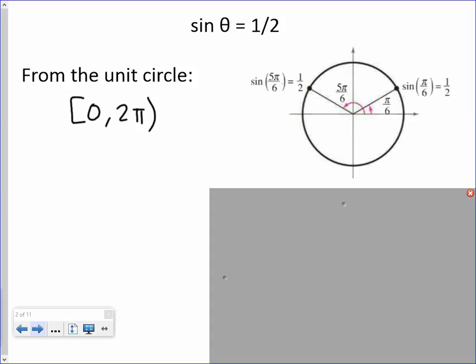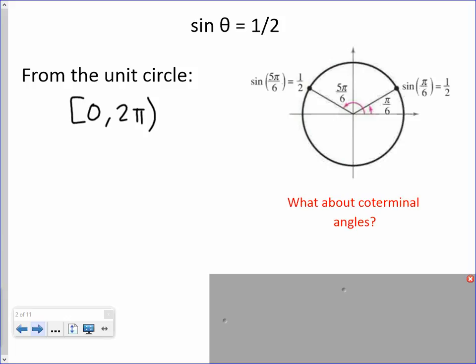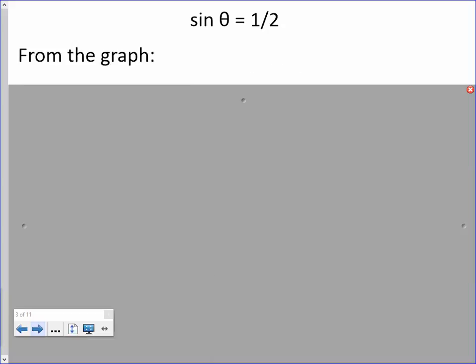It's got to be in the same location, so we're using the same reference triangle, 30 degrees, and we're calculating sine, y over r the same way, and we're still getting 1/2. But Emily brought up a great thing. What about all of the coterminal angles? So when you're looking for solutions on the unit circle, you're restricted in that range from 0 to 2 pi, but if we don't restrict ourselves to that range, we're really looking at solutions more like from the